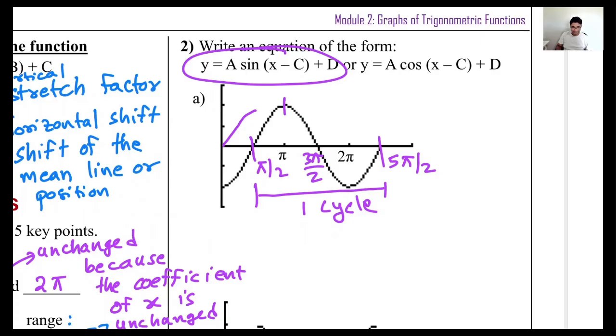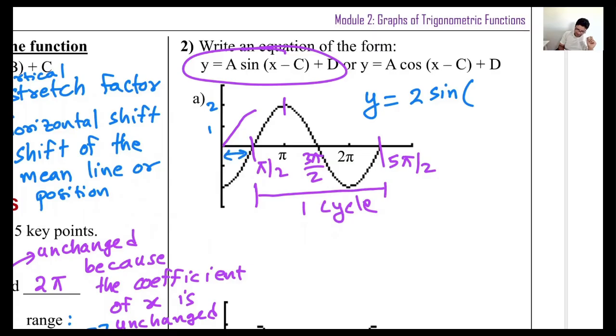All right. And let us do the scales on the y-axis. If this is 1 and that is 2, then you can see that the amplitude is 2. So your equation will be 2 sine, and it's in the same direction as the original sine x, so it's not negative 2. If it is negative 2, this part would have been below the x-axis. You understand that? So it is 2, not negative 2. 2 sine,